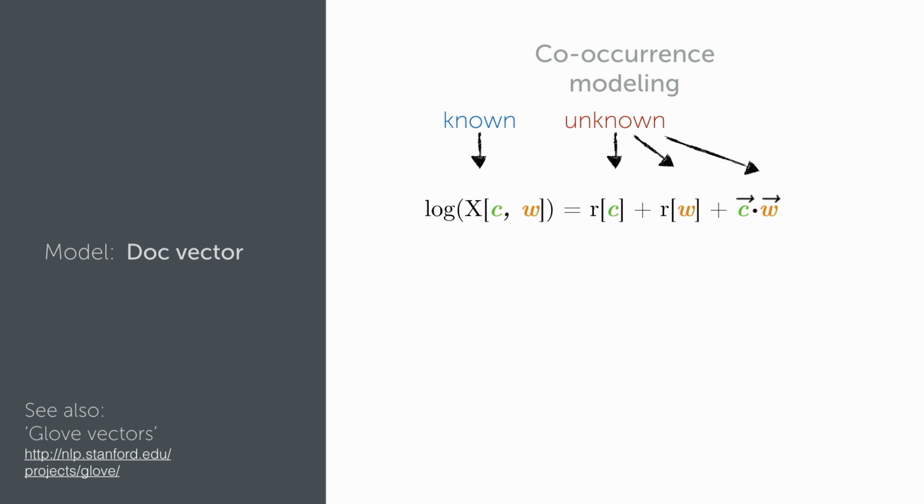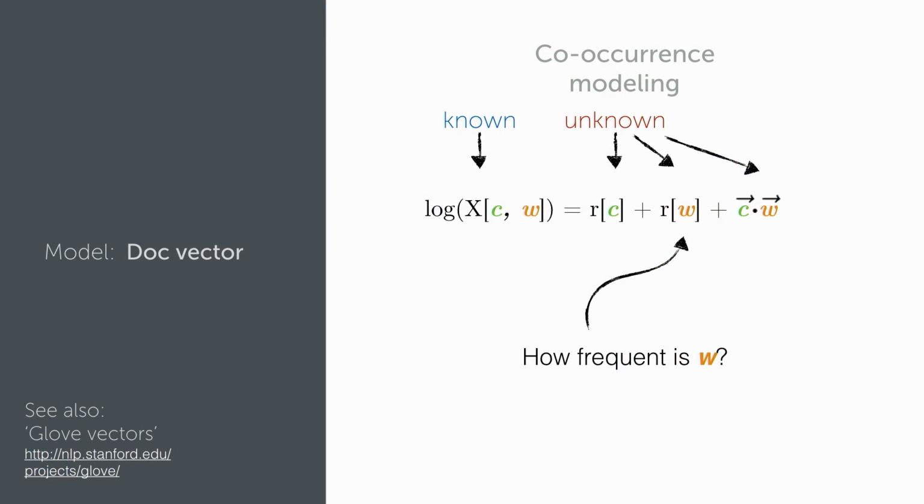I'm going to take the log of that count because words are log distributed, and I'm going to break it up into 3 little pieces. One of them is going to be how frequent that first word is. So if I have a tuple like "like" and "embroidery," and I count how many times like showed up around embroidery, maybe that pair of words has a really high count just because the word like is a really, really frequent word. And there isn't any sort of special relationship between the word like and embroidery. It's just that like is a common word. So that first term is accounting for that.